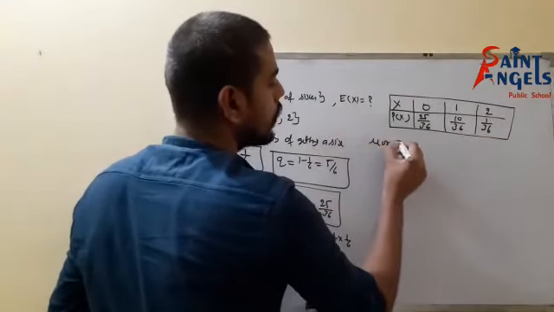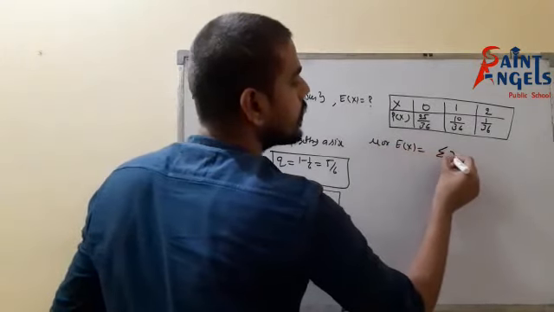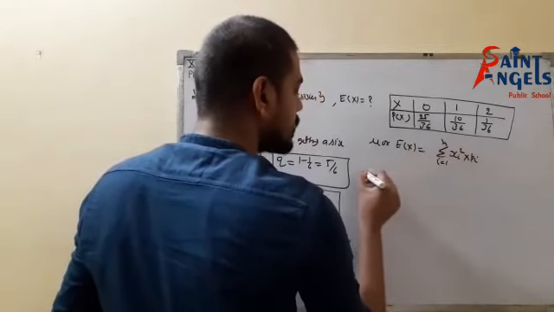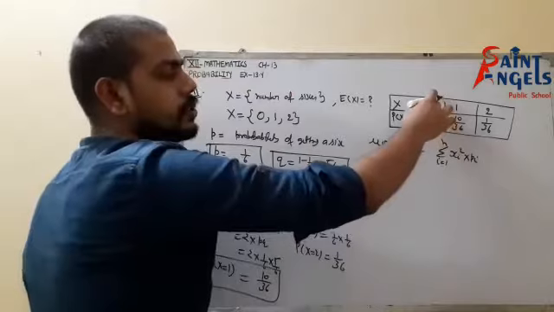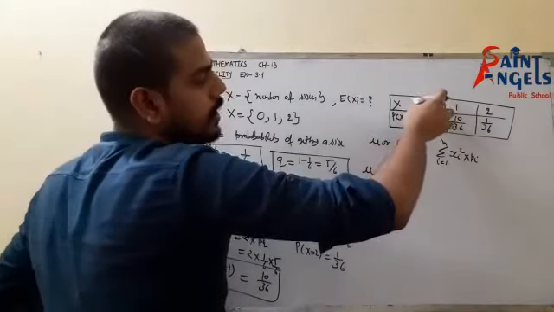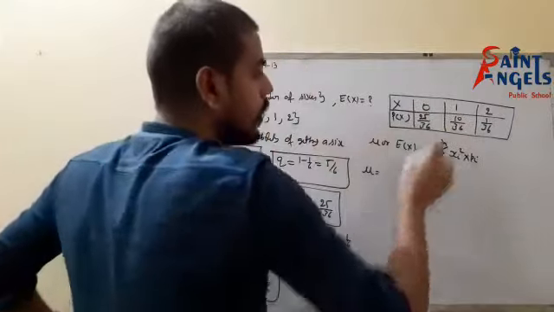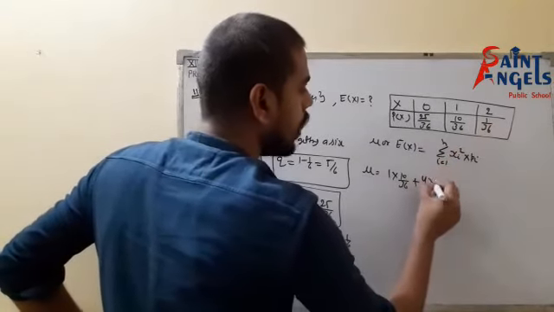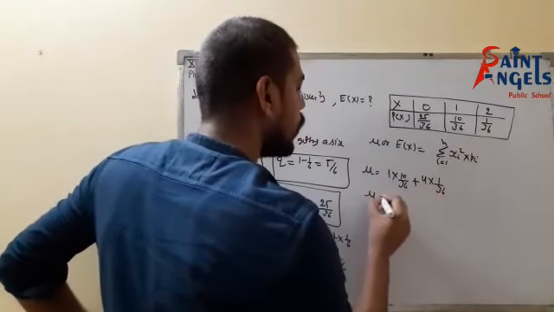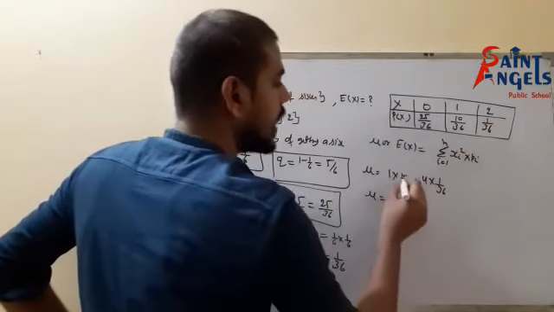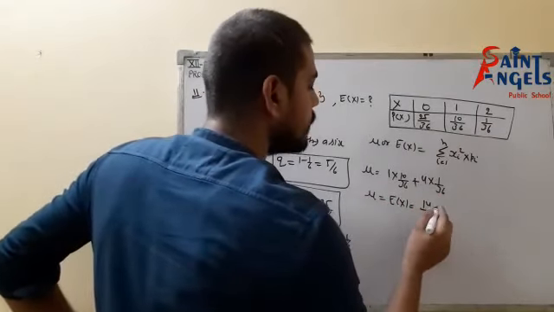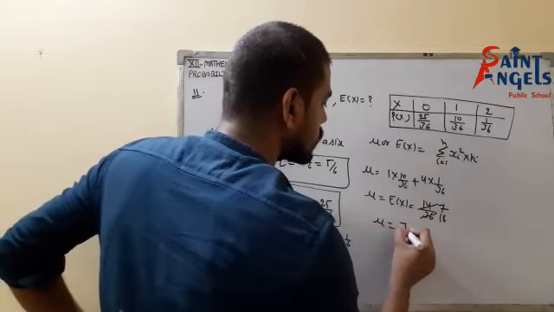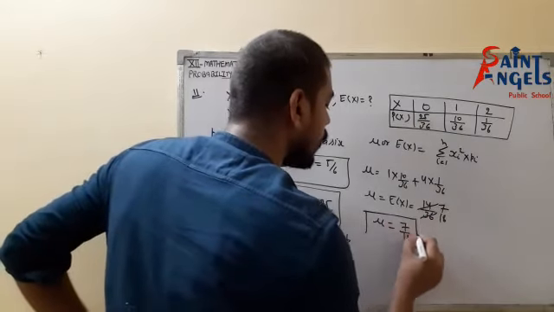Now first of all, we have to find E(x), that is mu. The formula for that is the summation of xi into pi, i equals 1 to n. So it simply means x into P(x). It means 0 into pi, and whatever it is, 0 times anything becomes 0. Then 1 into 10 by 36 plus 2 into 1 by 36. So mu or E(x) is equal to 12 by 36, which means 1 by 3. That is the mean number or expectation of x.